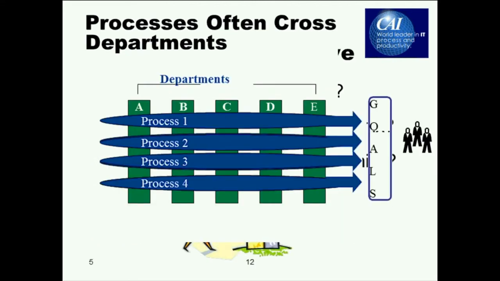Now here's a little picture that shows 4 different processes. Each process has some objective, and over on the right of the picture you can see a little group of people. Those are the customers. These processes cross department lines. So it's quite rare that an entire business process is contained within one department. That certainly can happen, but that's not the typical thing. So when you're looking at things within your department, making your department more efficient, you are most likely talking about making some piece of a business process efficient.